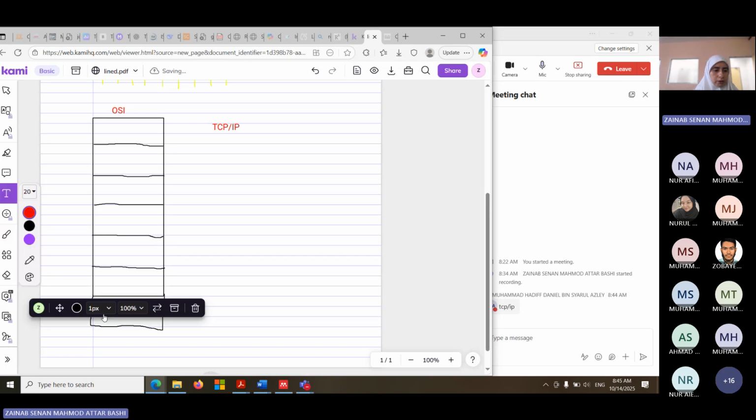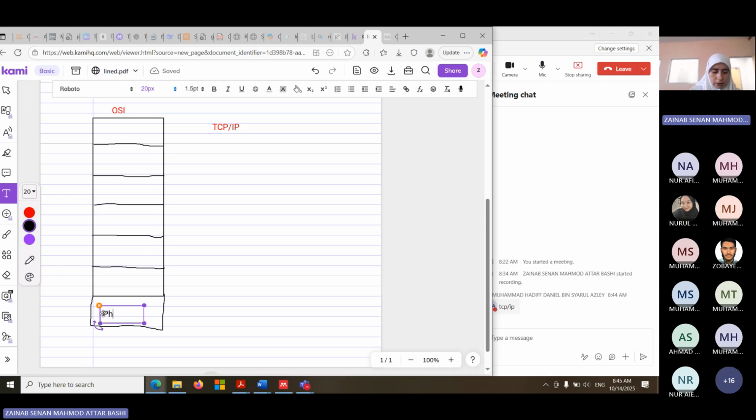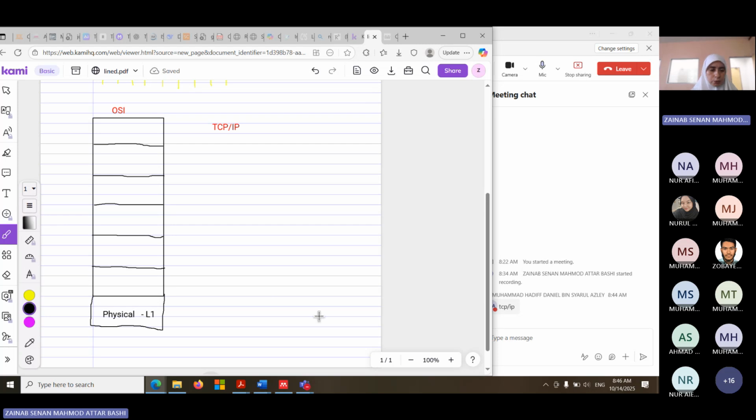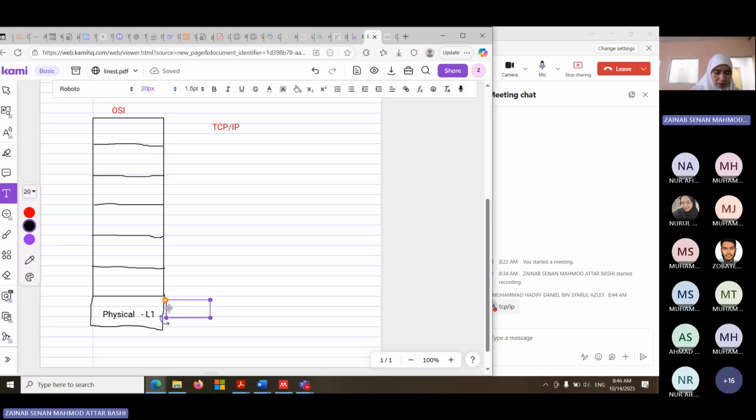So now, the first one, I believe most of you know the name of the first one, physical layer. And it's important also to remember that for networking people, we don't like to say long words. We can say layer 1, that's enough. I will not say physical layer. I assume that everyone talking to me as a network engineer or network administrator knows what is layer 1. I don't have to explain. So what is the physical one? This is where we see the hardware. Simply it is dealing with the hardware, with the machine, with the seen things. All of them are in the physical layer.